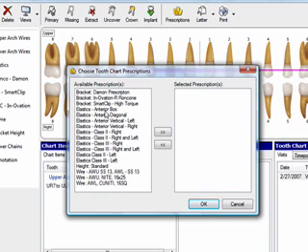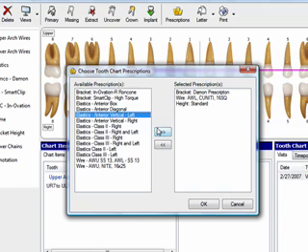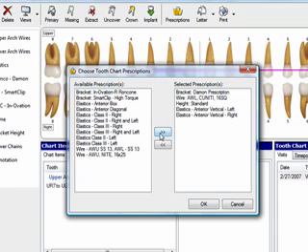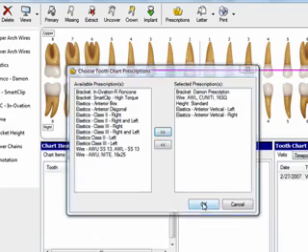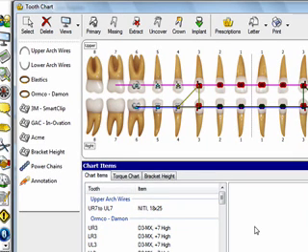So for Dina, I'm going to go ahead and apply my Damon prescription for brackets. I'm going to put on a lower NITI wire. Maybe I want to go ahead and start with my standard bracket height. And just for the demo, I'm going to go ahead and draw some elastics. You may not do this on the very first appointment for the patient, but it's really just to show you how the prescriptions work. And by selecting the prescriptions and hitting OK, I've now drawn several items onto the patient's